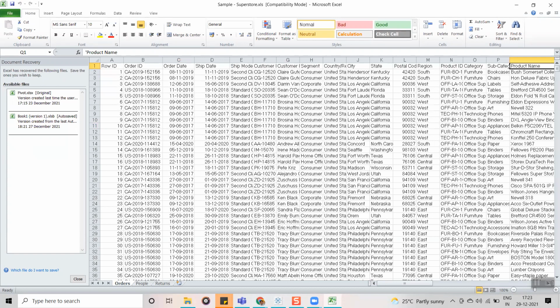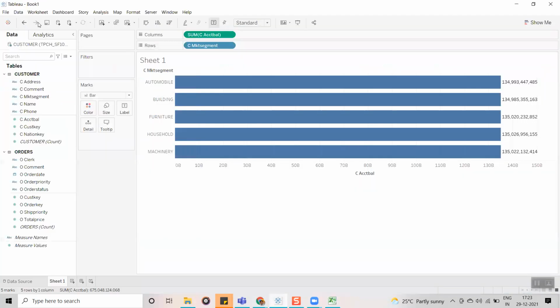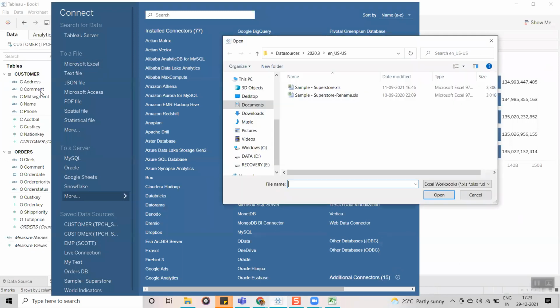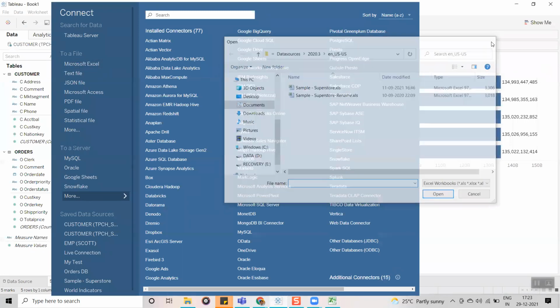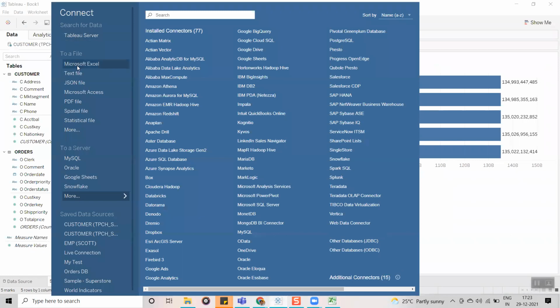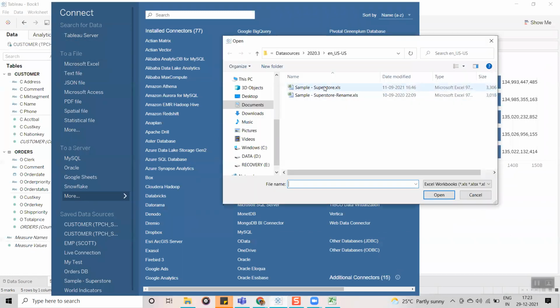This is the orders data, so let me connect again to the orders data source. Because if I drag anything from this database, it is going to take a lot of time. To avoid that, let me refresh from the server side itself and create an extract. I will explain that concept later. So let me connect to Microsoft Excel.